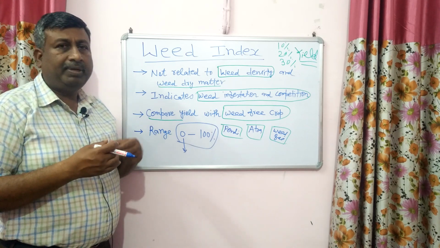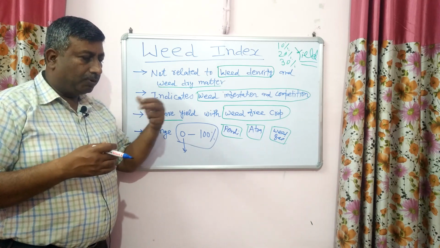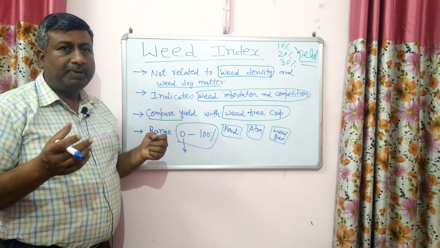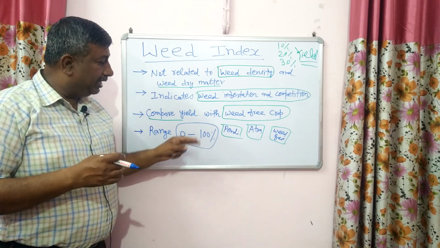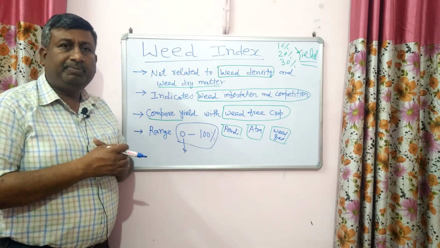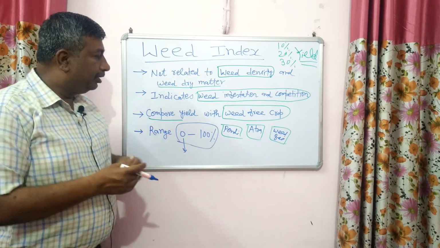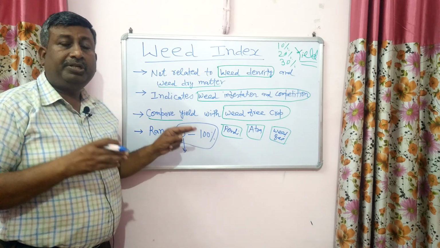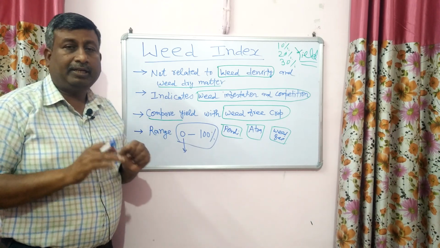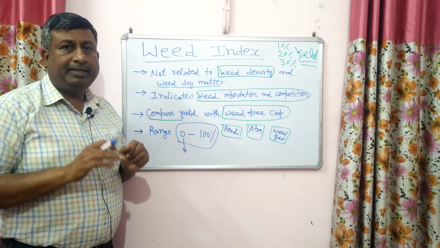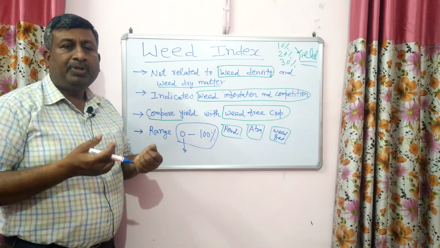ऐसा हो सकता है कि हमने मेज में टेम्बोट्राइन डाला और टेप्रोमेजोन डाला और उसमें जो यील्ड आई और वीड फ्री क्रॉप के बराबर आई, तो उस केस में वीड इंडेक्स क्या होगी? जीरो होगी. और लेकिन ऐसा नहीं हो सकता कि हम ट्रीटमेंट इंपोज कर रहे हो ग्रेन यील्ड जीरो हो जाए. इवन वीडी प्लॉट्स में भी यील्ड जीरो नहीं होती. सो रेंज, थियोरिटिकल रेंज में भी 0 to 100%, बट प्रैक्टिकली वीड इंडेक्स इज नॉट 100%. इट इज लेस देन 100%. इट इज नॉट लाइक दैट कि उसमें यील्ड ही ना हो, कुछ ना कुछ यील्ड तो जरूर आएगी.